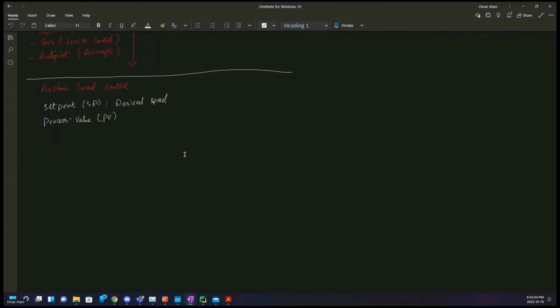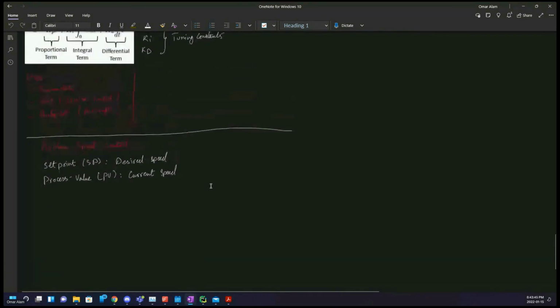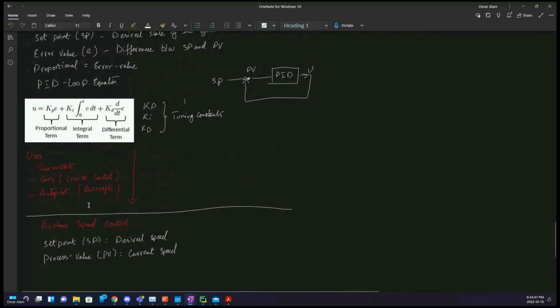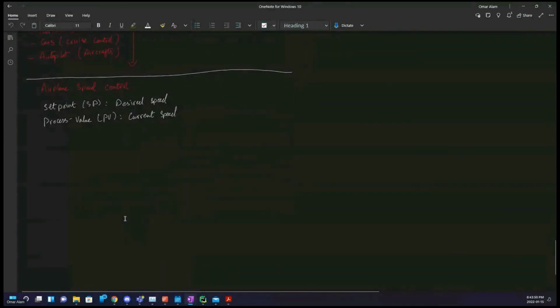Process value, PV, would be your current speed. All right. And we're going to start with the proportional term over here because that's the first term. We're going to start with that. All right. So the proportional